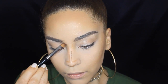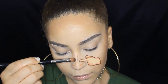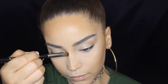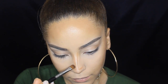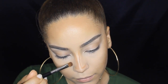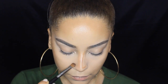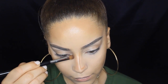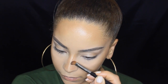Again, for my nose, I just like to take this small Sigma brush. It's beautiful and it has some density to it, and it just works perfect to blend that nose contour. So I just like to go in and blend everything in slow strokes. Again, I like to do everything slowly because you could definitely mess this up real quick and make your nose look extra harsh, like you're contouring the heck out of it and it's fake. So just make sure you go very slowly, and I like to kind of start dabbing motions,